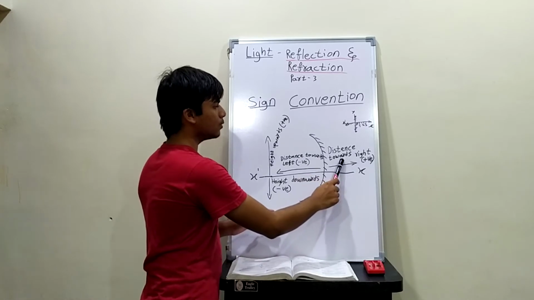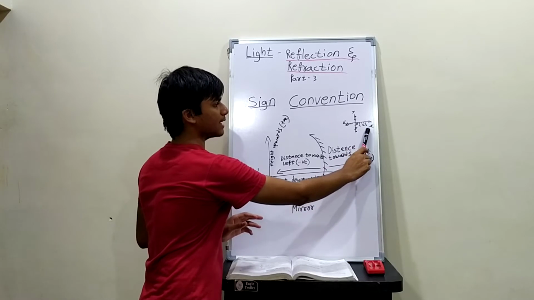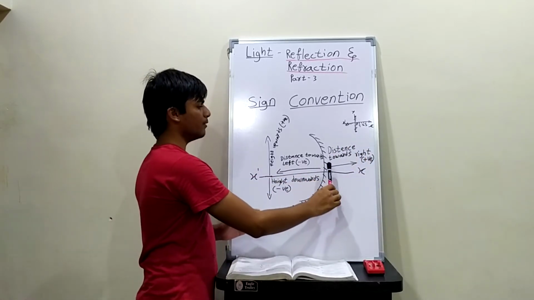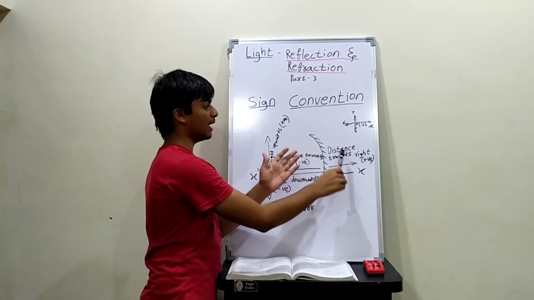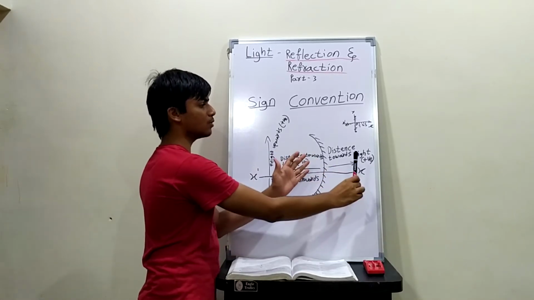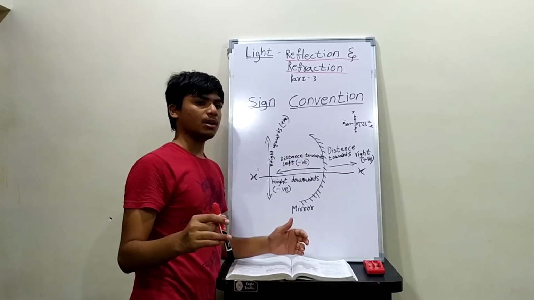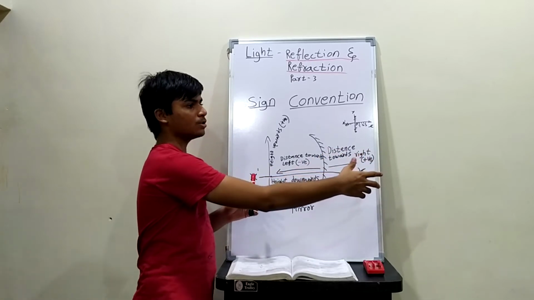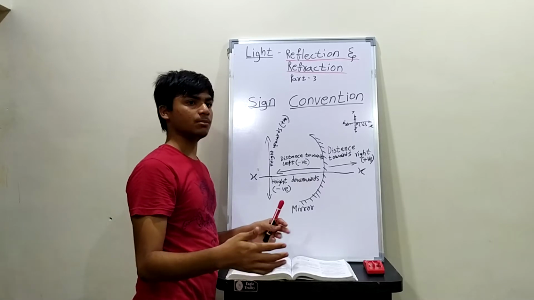Direction towards right means it is the positive x-axis in the Cartesian plane. Same way here, when you calculate the distance towards right, the direction towards right. Sometimes you might have studied in a concave mirror, sometimes the image is formed on either side of the mirror. At that time they ask you to find the distance of the image formation, means how far the image